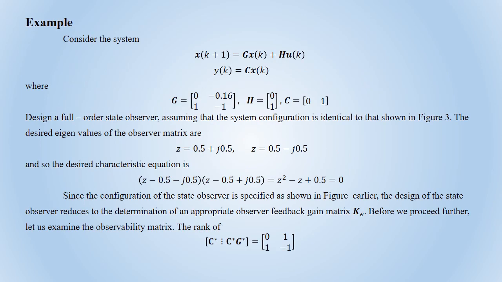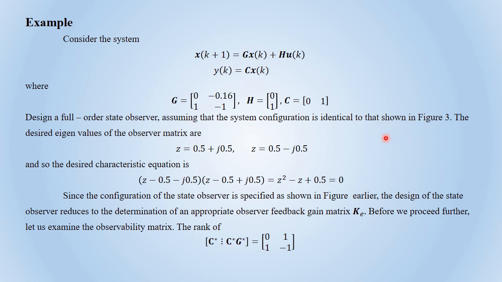Let us consider one example. Here we will consider the example and solution by direct substitution method. So the problem statement is like this. The system is given to you and values of G, H and C are given. This is the same problem, and design a full state observer assuming that the system configuration is identical to that